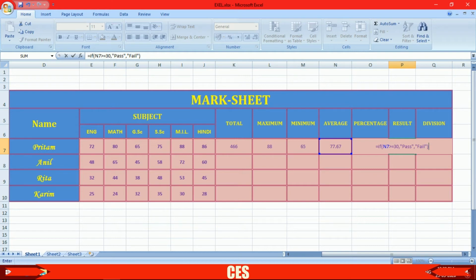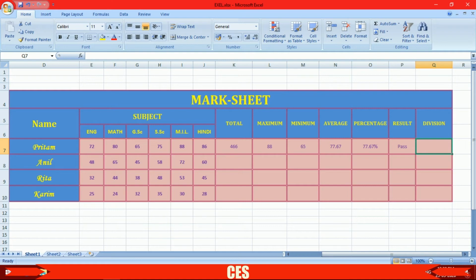Let's see what the result is. Our result is pass. Now we have division to calculate. Division is also the same as result. Let's see how we can calculate division.